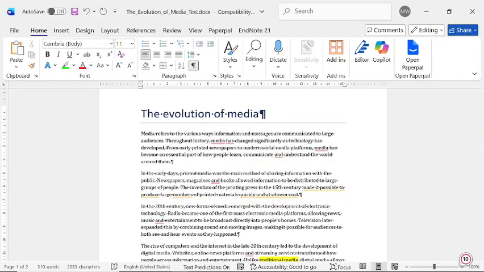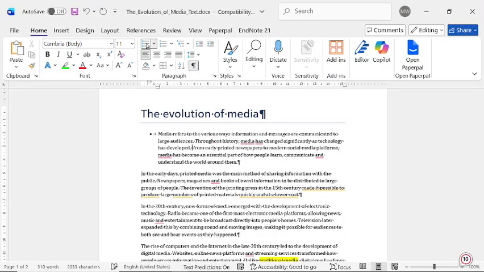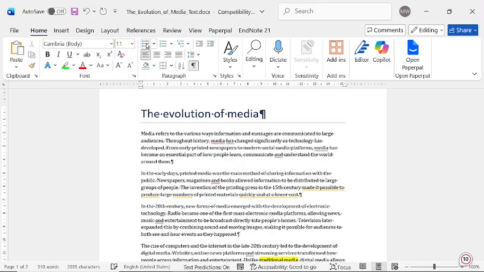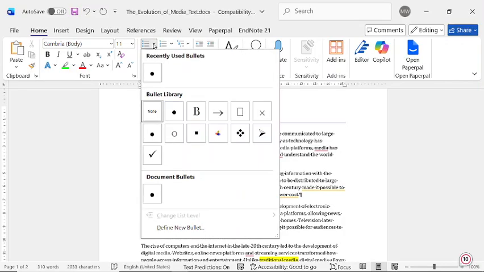Now, when we look at your paragraphs, there's a few things we can do with it, such as adding bullets to it. So if I click just here on this icon, you will see that all of a sudden there's a bullet next to our actual paragraph, and if I click it again, it removes. Now with these bullets, if you don't just want this normal round bullet, you can click on this arrow. Here's a few custom ones.